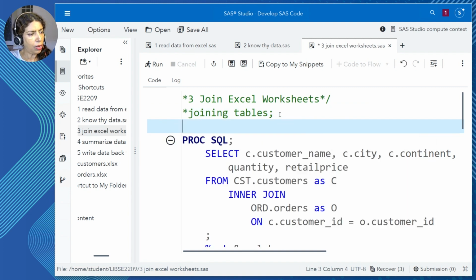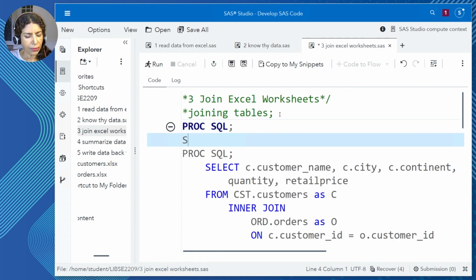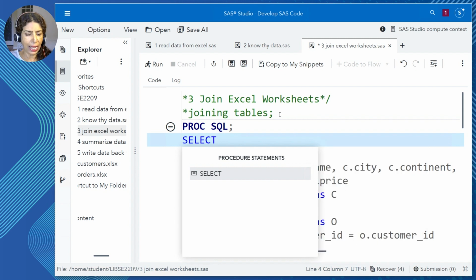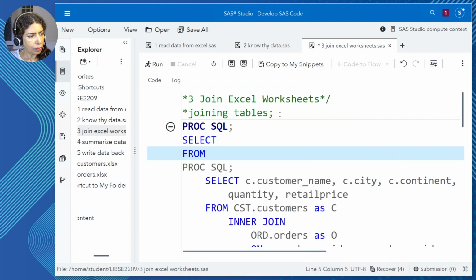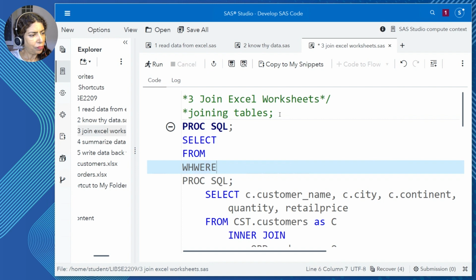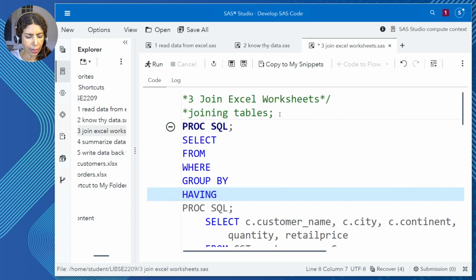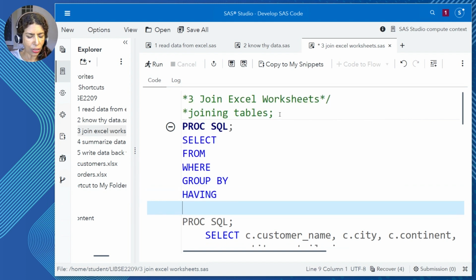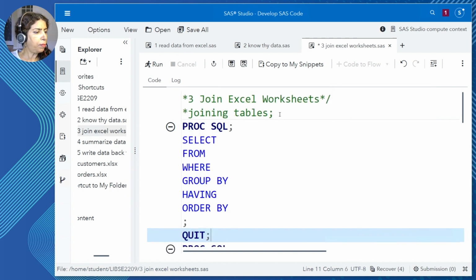If you type a PROC SQL statement, the first is the SELECT, the biggest line, then the FROM, and then the WHERE, and then the GROUP BY, and then the HAVING, and last but not least, the ORDER BY. So this is what makes up your PROC SQL syntax block.